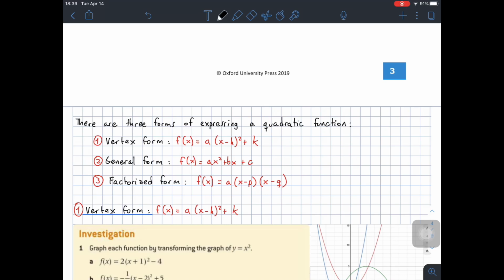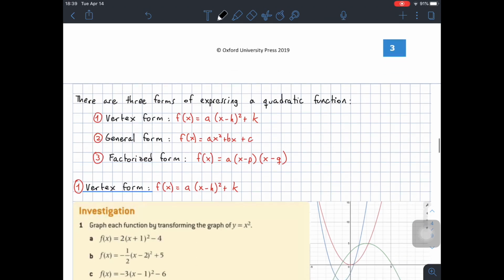factorized form. If you remember, the vertex form has this form where f of x is a times x minus h squared plus k, where h and k represent the coordinates of the vertex of the parabola, and a is important for us to determine whether the parabola opens upward or downward. Then we have the general form, which is the one we saw last class, which is f of